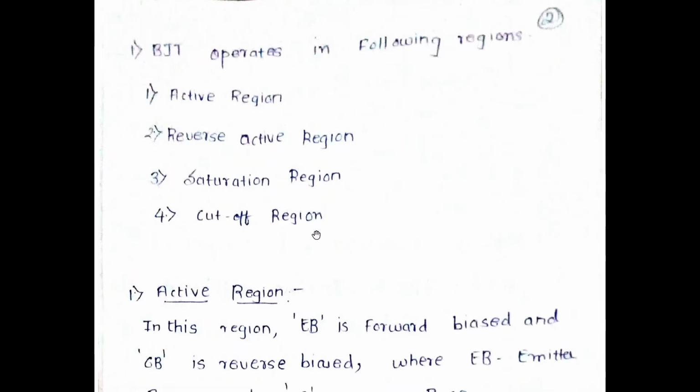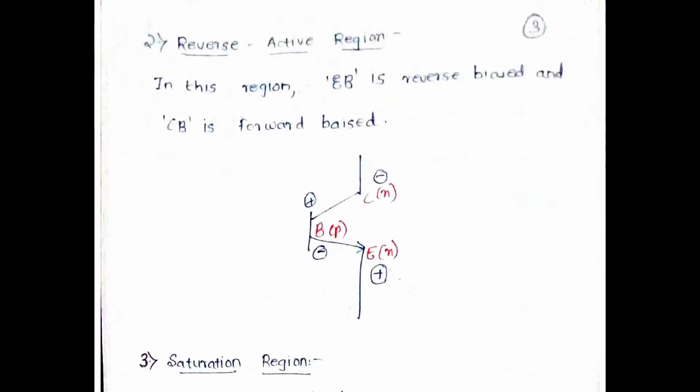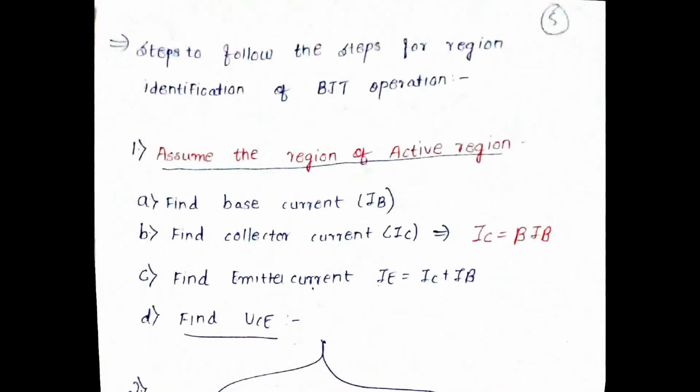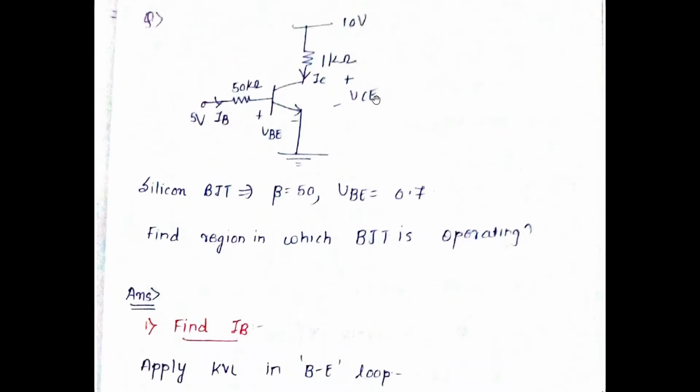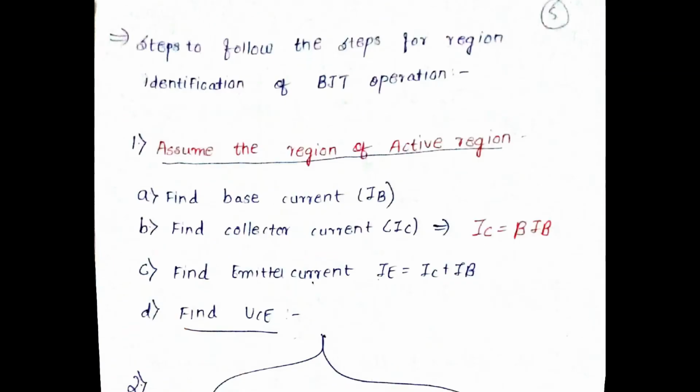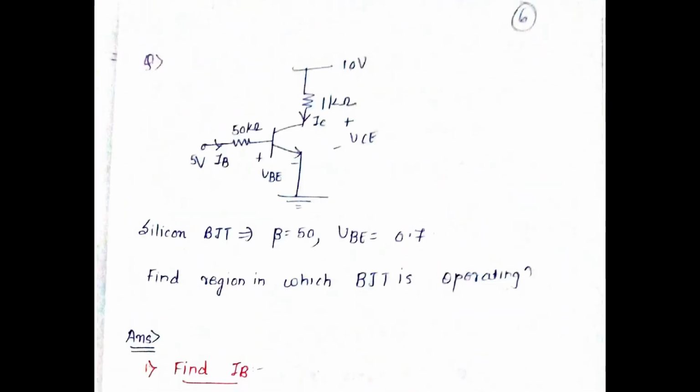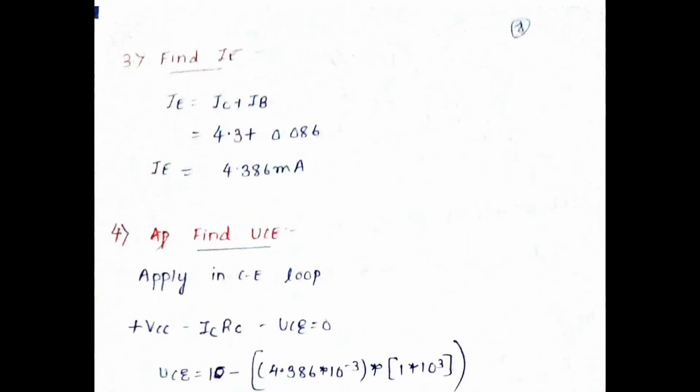What each of these regions means is very well explained, and then we solved a numerical in another video, wherein a BJT diagram was given to us, certain biasing and certain parameters were given, and we were asked to identify the region in which the BJT operates. So what steps have to be undertaken, and finally what is the final value to be found out, is something